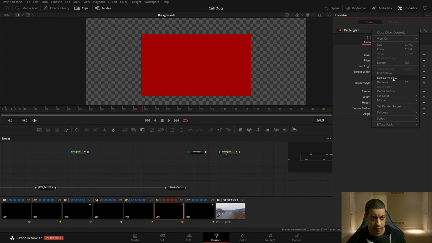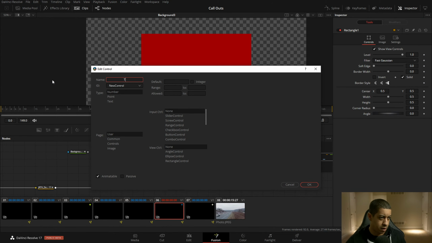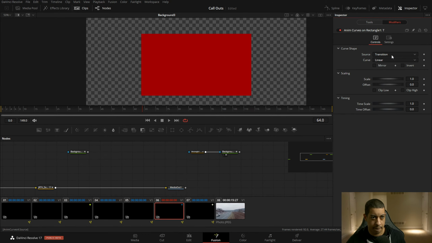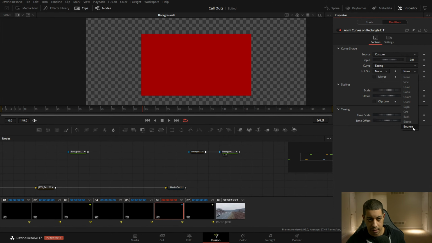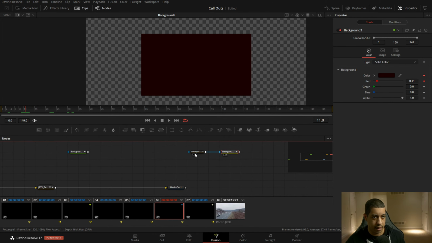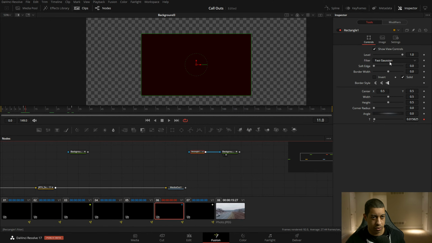So I'm just going to do a little extra here, but we'll make a tool so we can see it move. We'll make a slider, and then in here, we'll add in that curve. We'll do a custom, and then we'll do easing, and we can do a bounce. So we'll do 10, and we'll go a bit further. I'll make this a 1. So now we have from 10. All right, so now that we have that and we have a bounce, then we can come into